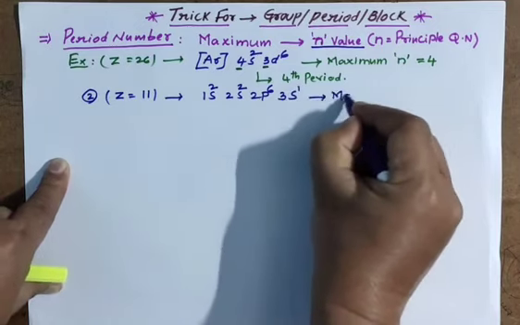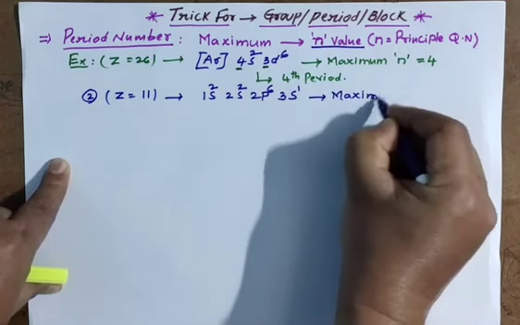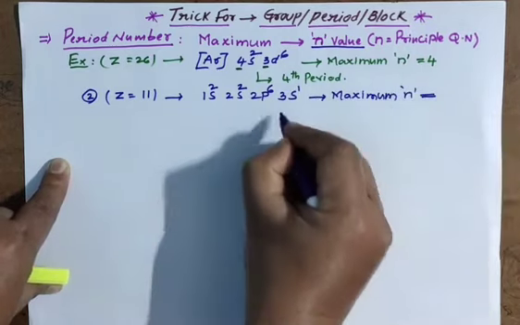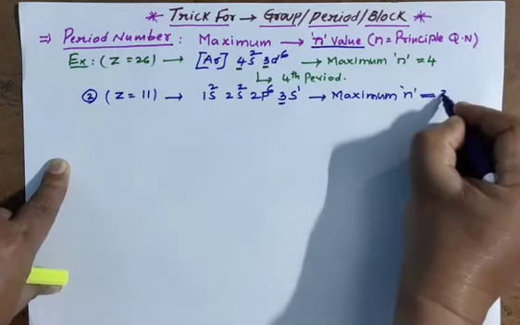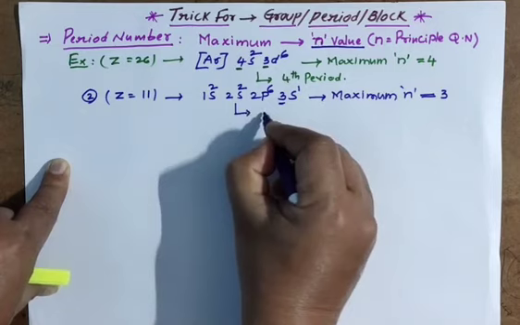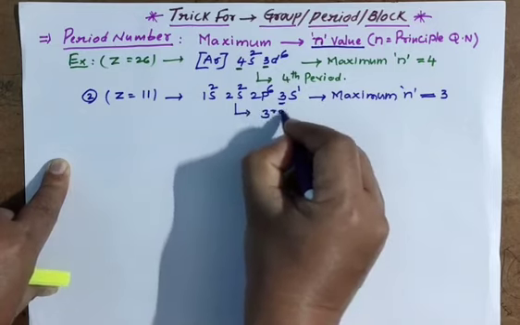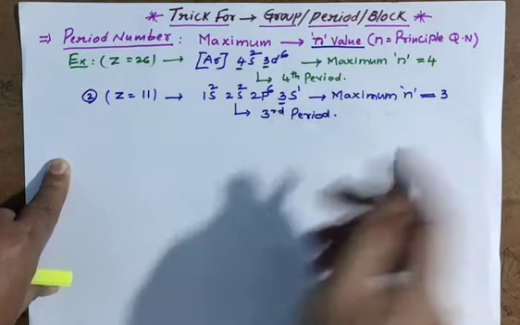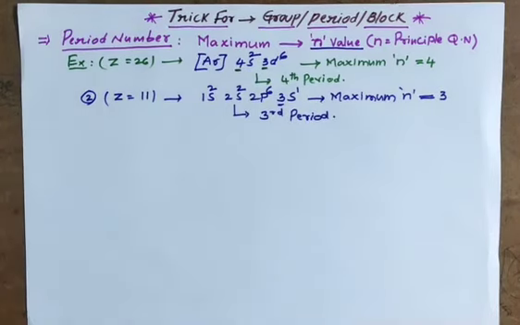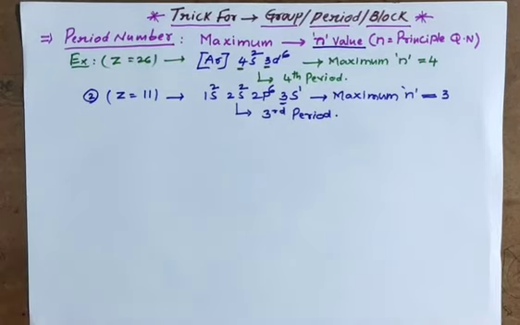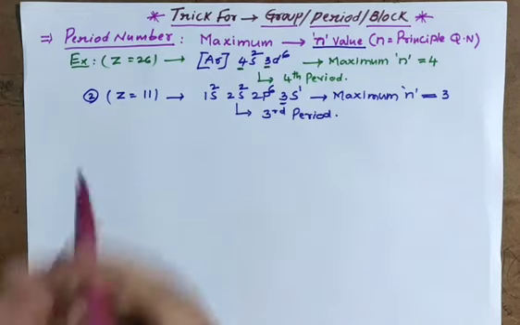Here the maximum n value is equal to 3. That's why this element belongs to the third period. So like this, for any element, the maximum principal quantum number is equal to the period number. Next,